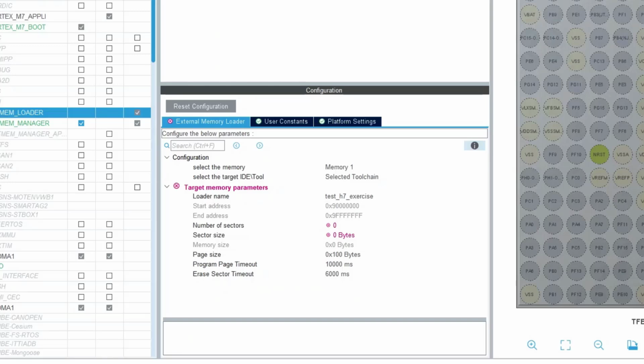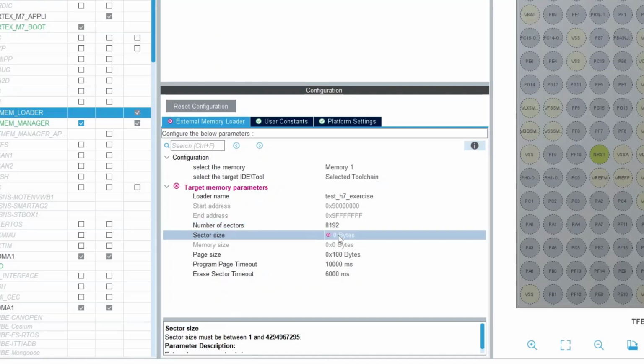And we need to fill in a few parameters like the number of sectors and the sector size, which is very important. For the number of sectors, you need to open the datasheet of the memory, and I will tell you that this memory has 8192 sectors, and one sector is